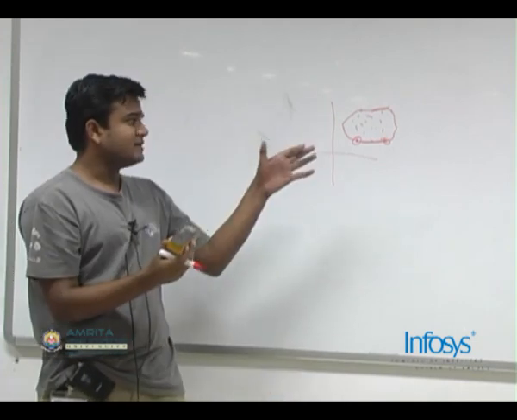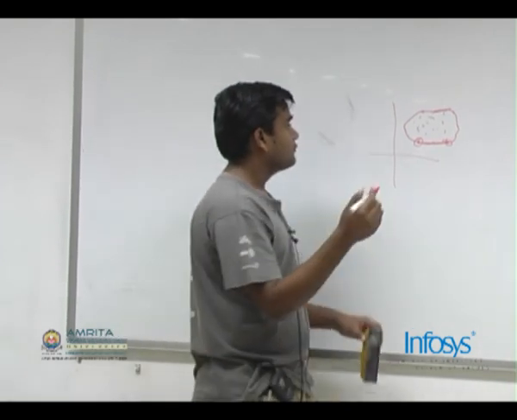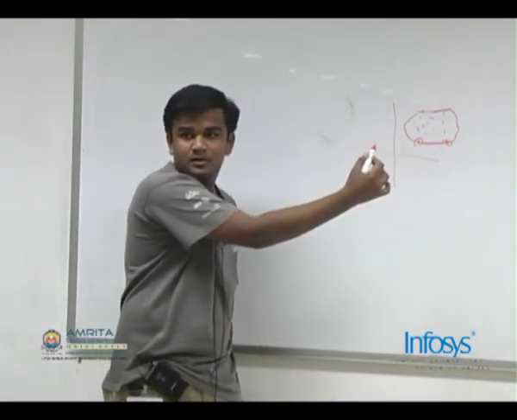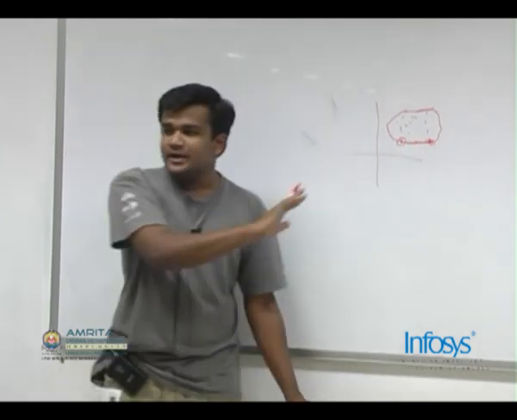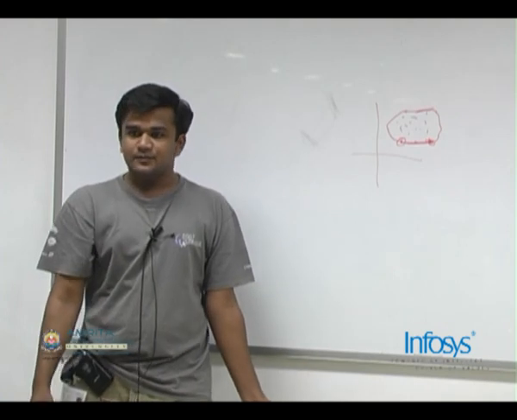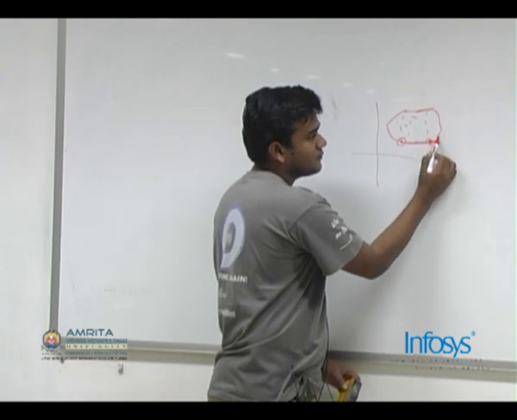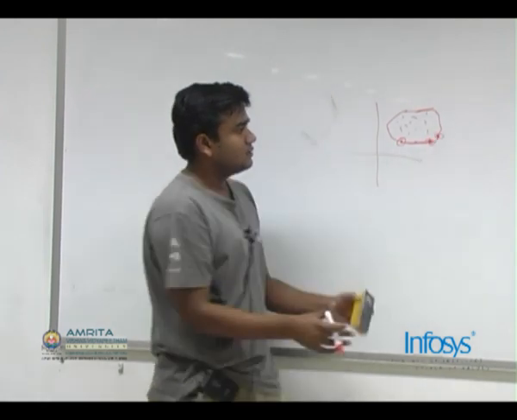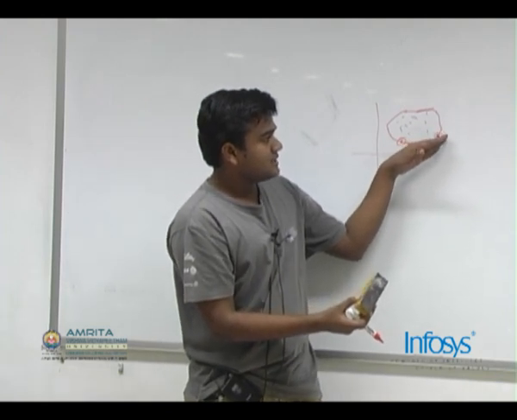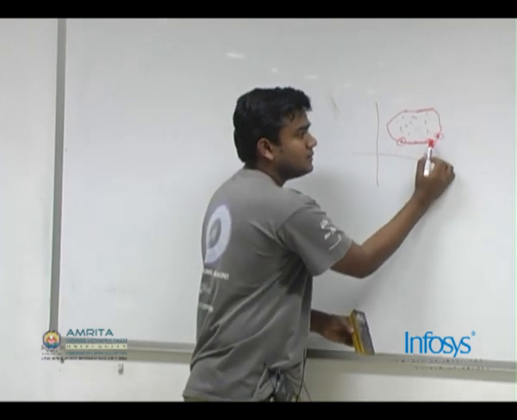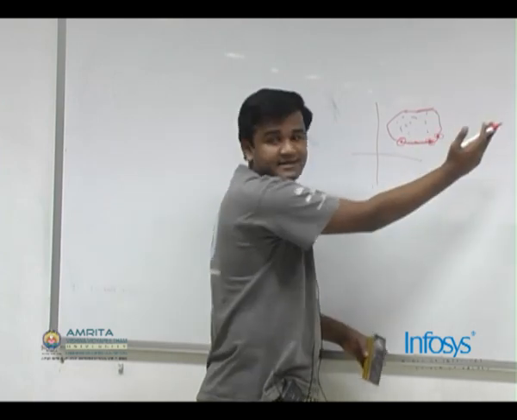All of you who cannot see this, please come to front. My handwriting is not very good. So at this point I already know a previous segment that connects this point to some other point on the convex shell, right? So at this point I'll take the point which has least slope starting from this point on this side.